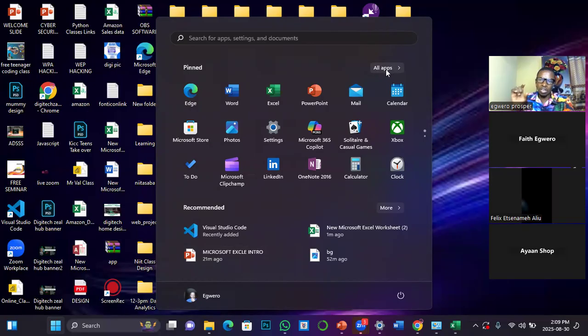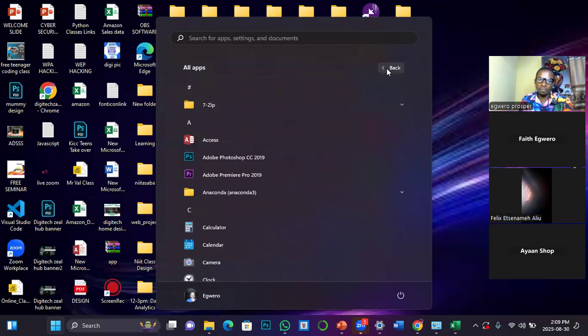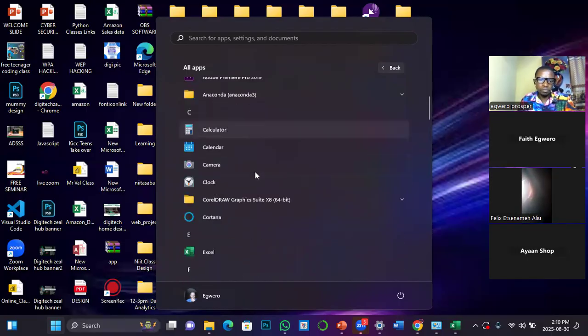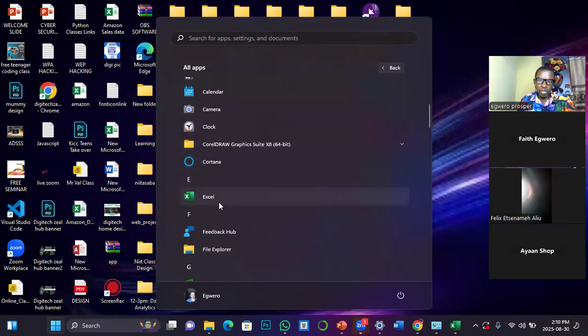But in your own case, if you have not used Excel for a while, then you may not find it here. And if you don't find it here, then just click on All apps, and that will take you to the program storage. Now, in the program storage, all the elements are sorted alphabetically, which is called ascending order. It's just for you to know the first letter of the application you want to open, and then you scroll to that section. So Excel is letter E. So if I come to the E section, I should be able to see Excel.